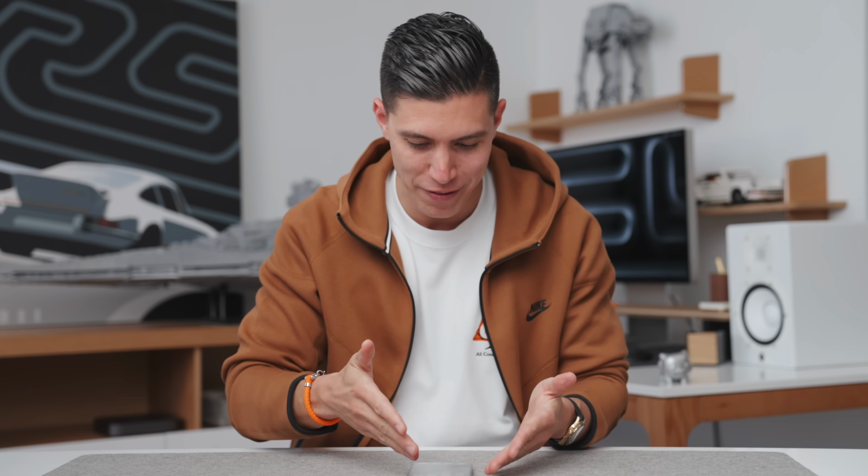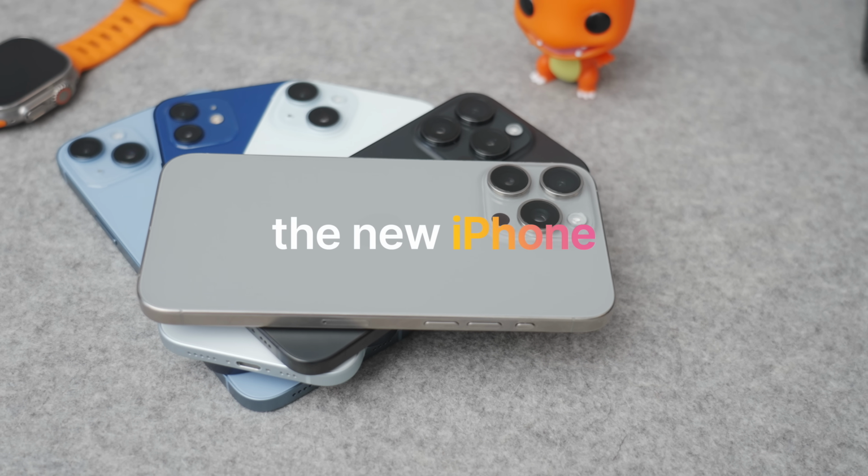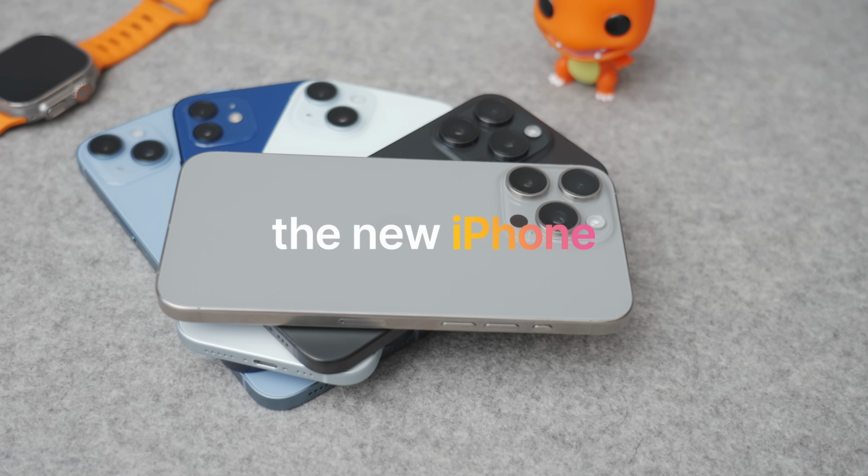So it's the iPhone 16, or I guess technically we are 6 months into the refresh cycle of the iPhone 15, around halfway there. People are always asking, is it worth waiting to buy the new one? Should I just get the iPhone 15 now? What are the new features coming? This is pretty much all the leaks, rumors, everything that you need to know about the next gen iPhone